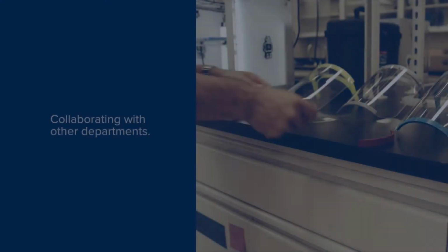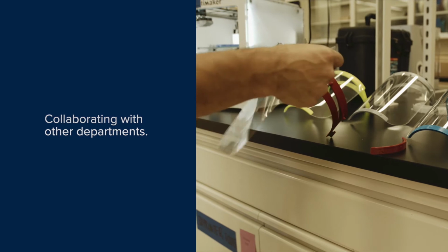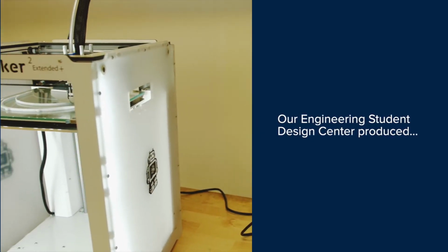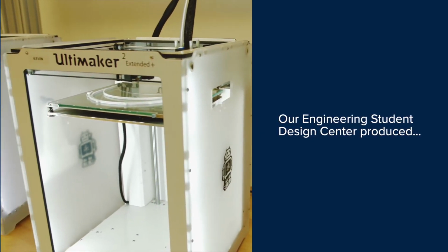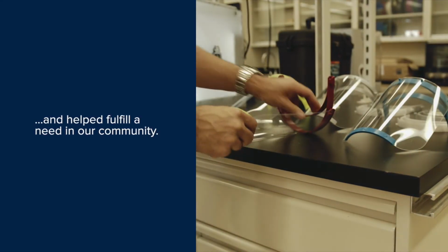This ability to pivot to the most important problems and to get students to work as creatively as possible at solving these problems. We collaborated with 3 other departments, so we had to make a decision between quality versus the number of items we produce. Is it technically sustainable? Is it environmentally sustainable? Is it socially sustainable? And is it economically sustainable? We were putting out about 55 shields a week, 3D printed parts, but about 300 clear visors that accompany the